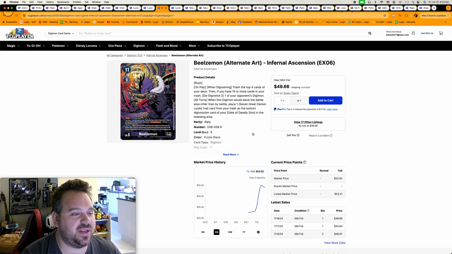And then we have Beelzemon, still up there. It's come down a bit. It was around 55 at its height. It's tapered off a little bit. I think this is going to come down. Again, it's one of the cards you need 4 of for the Demon Lord decks. It's probably really good in Beelzemon. I haven't tried it yet. It could definitely be a staple card in Beelzemon in the future. And it has Rush, which is nuts. It's amazing off of your 4 costs, or off of your Warp Digivolve